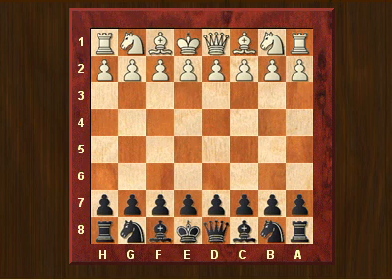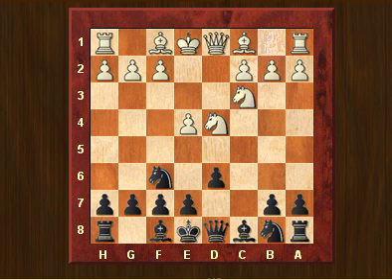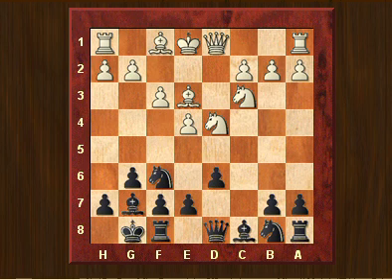Okay, we continue with the series on the dragon variation of the Sicilian. This time I've chosen a game in which the sacrifice on c3 is played, the exchange sacrifice, and this is something that is very common in this dragon variation, and I would like to show you a game between Nicholson and Mestel, played in 1987, John Nicholson